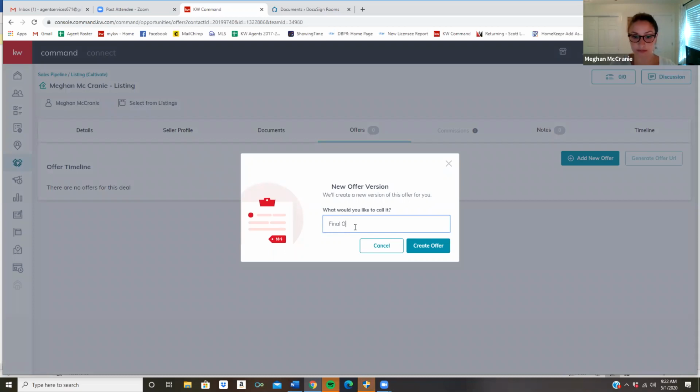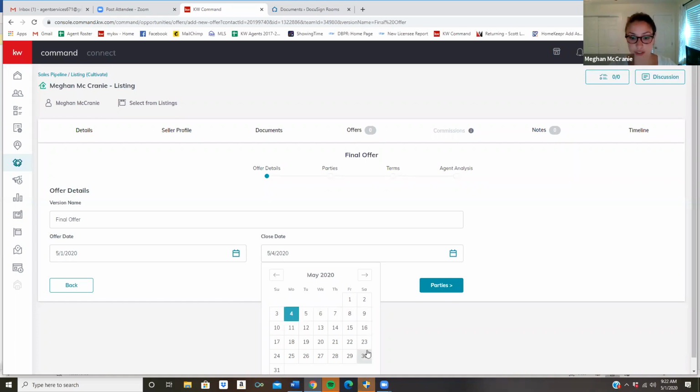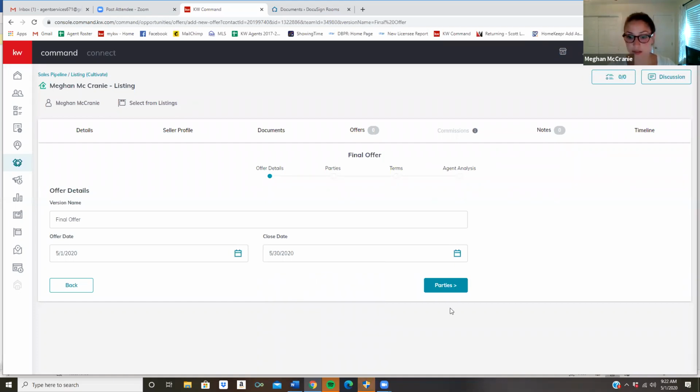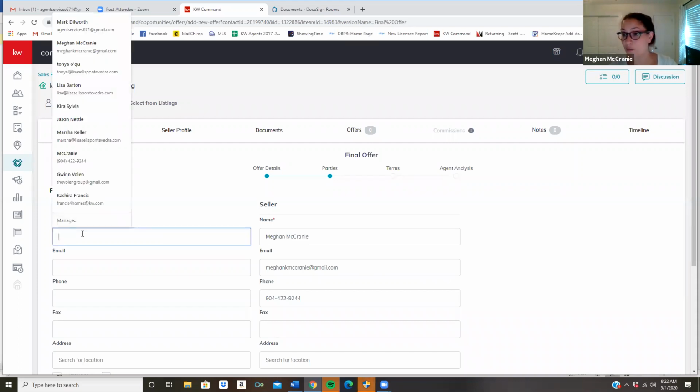Then we can just put this as final offer, create. So here we'll have the version name, offer date, so when that offer came in, and the close date. So I'm going to go ahead and push out the close date a little bit to the end of the month. Parties, so here you'll have to at least have the buyer name, okay?